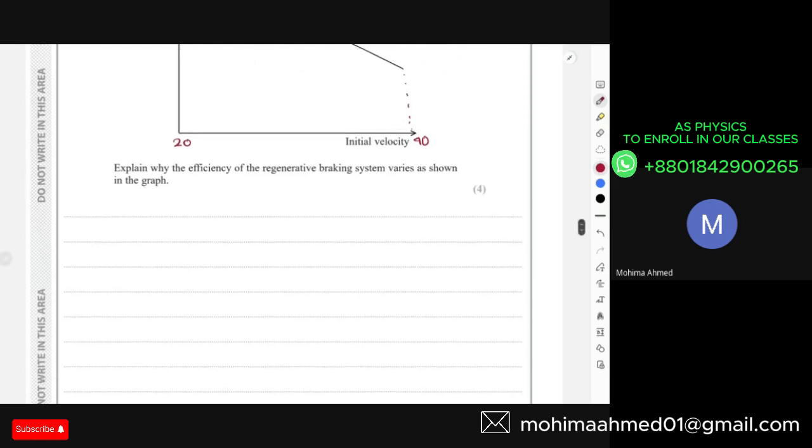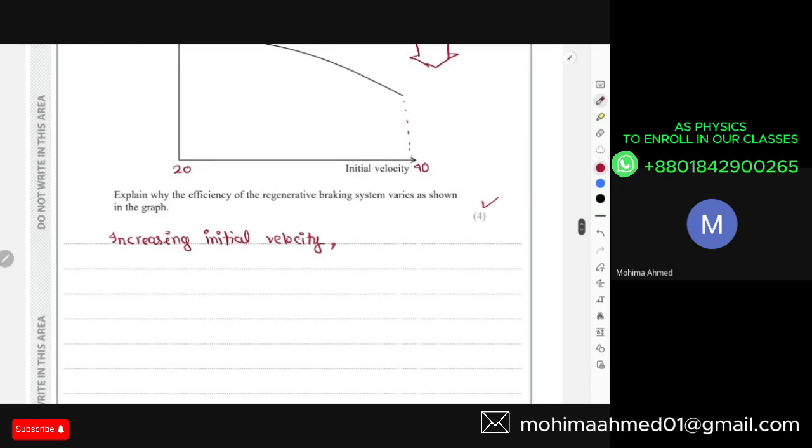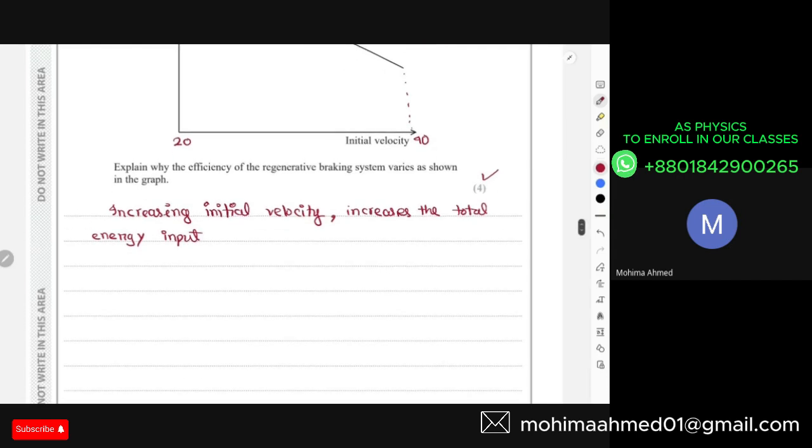So I'll write down the answer. They're giving you 4 marks for it. Increasing initial velocity increases the total energy input